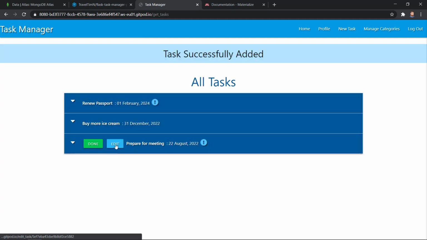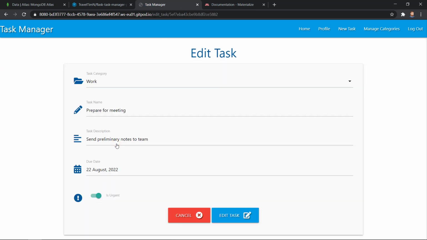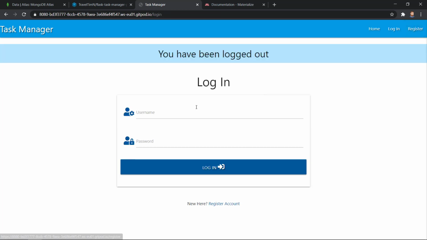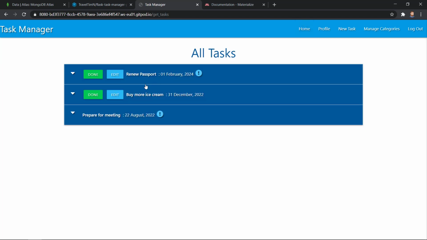Excellent, my task was added and the buttons for this task are showing appropriately. I'm still not able to see the buttons for the other tasks, which is great. I can click to edit my task, but we'll leave it alone for now. Let's log out again, and then log back in to our original profile. When we click on the home link to view all tasks again, sure enough, I'm only able to see the delete and edit buttons for my own tasks. I'm not able to modify the task that was created by my admin. Everything is working perfectly for our edit functionality.